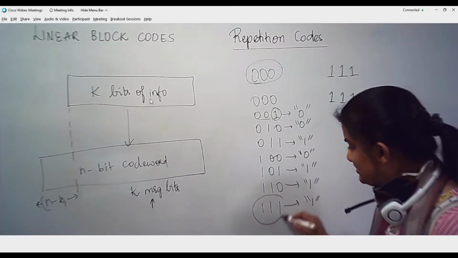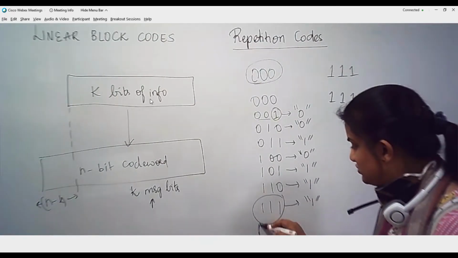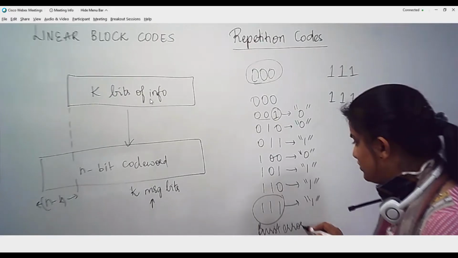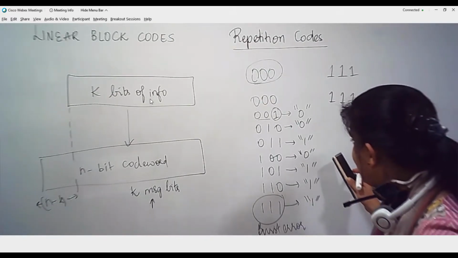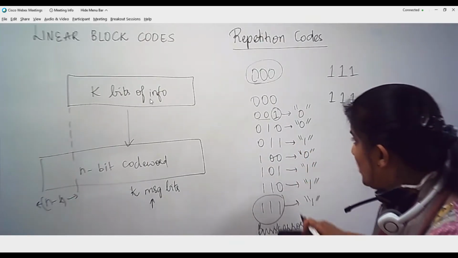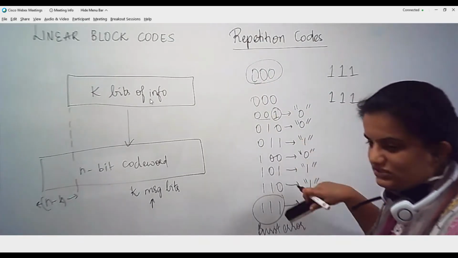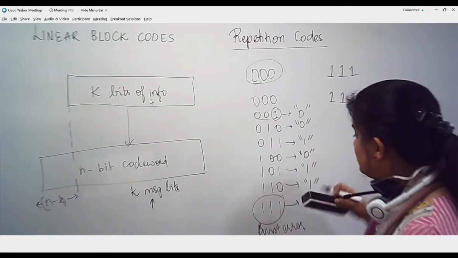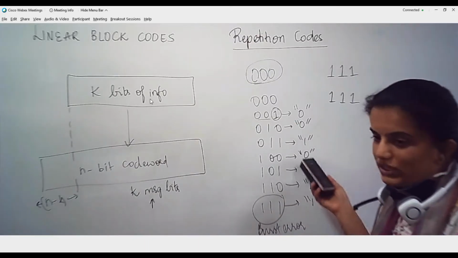But this is the case when you send all zeros and you get all ones. This is the case which we call a burst error. It is not a bit error, rather it's a burst error. So where you are ending up in an error, just check. See here, wherever there are multiple ones, when you transmit all zeros and you get more ones during the transmission, then those are the code words which will make us decode in a wrong manner.